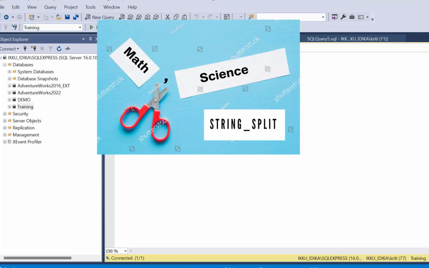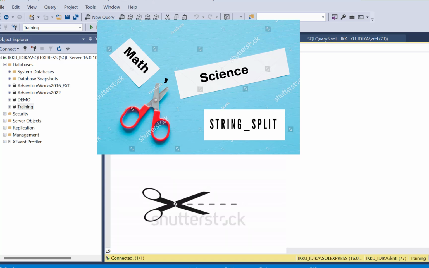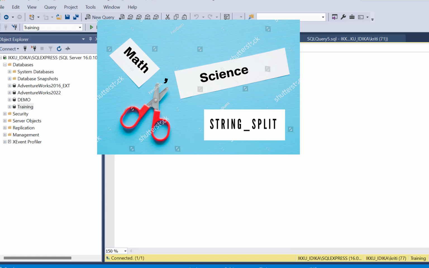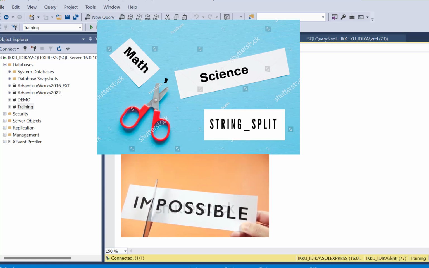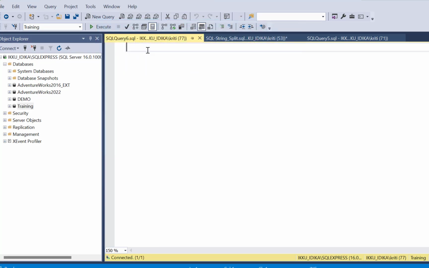Today we are going to write SQL queries using a very useful SQL function called the STRING_SPLIT function. This function was introduced in SQL Server 2016 and is very useful in splitting a delimited string into separate rows. So let's get started. We are going to write a select query, and we are going to say select